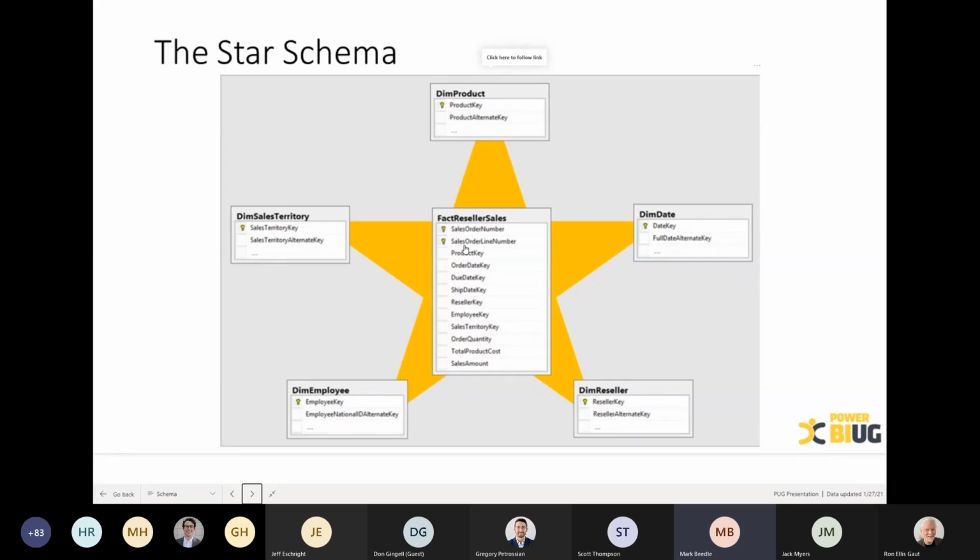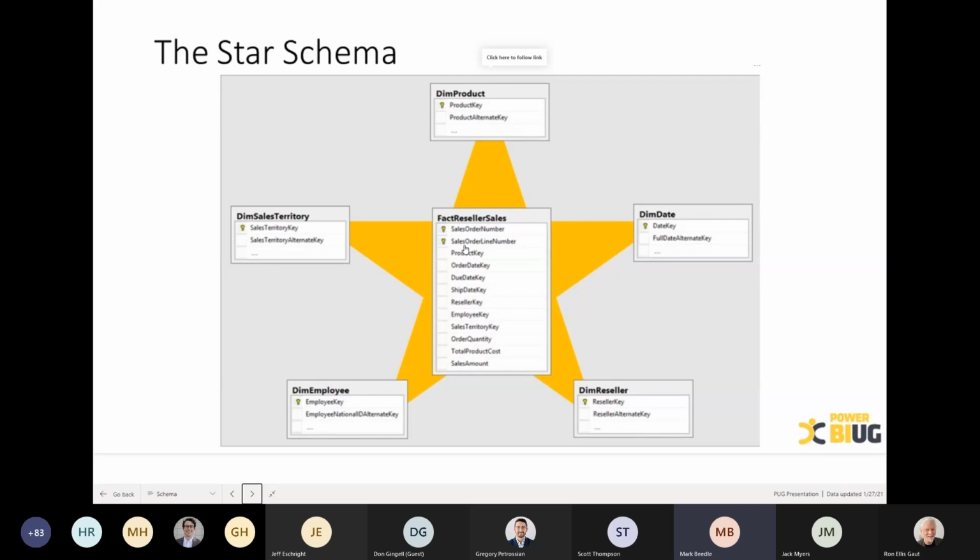One thing I'll say, I'm not going to do anything fancy in this presentation. We're kind of starting at the basics. And the reason I do that is the star schema is really the core of a good Power BI report, right? So if you're having to write some really crazy DAX, most of the time you probably have a modeling problem. And so we're going to talk about a star schema and how to get there.